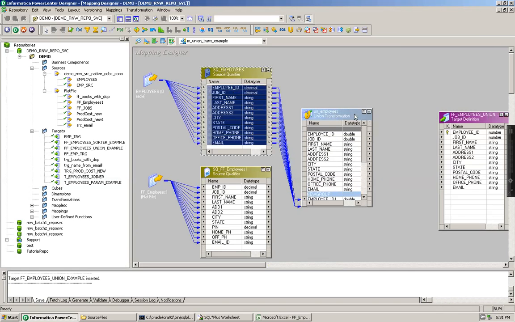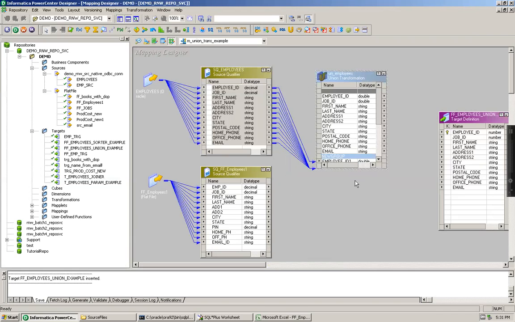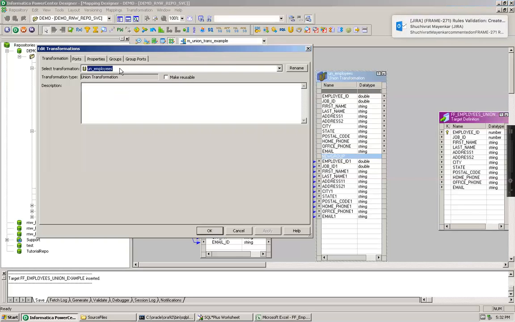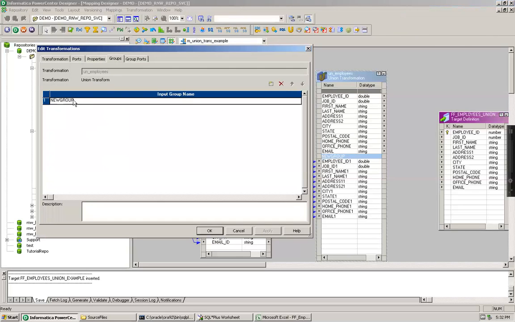So now what you can see here is this actually works based on grouping functionality. So I have now created all these inputs and placed them under a group called new group. If you double click this, there is a tab called groups. You can name this group. So right now I have pulled all the data from the Oracle based table. So let me name this as